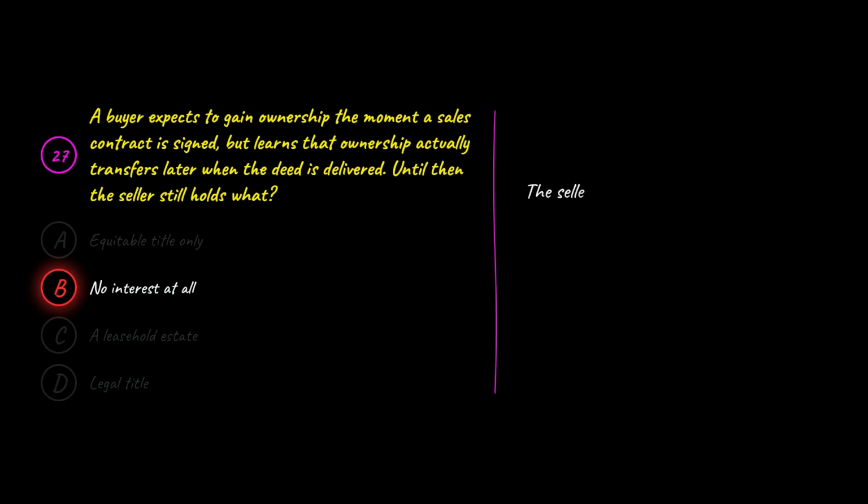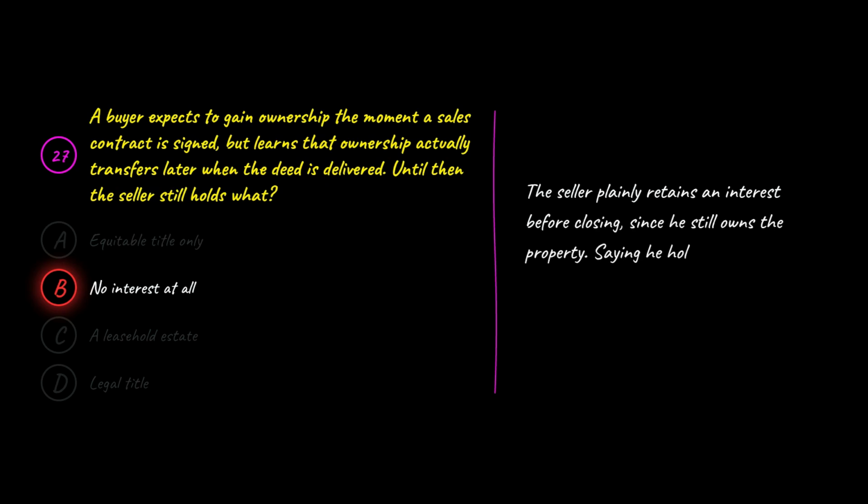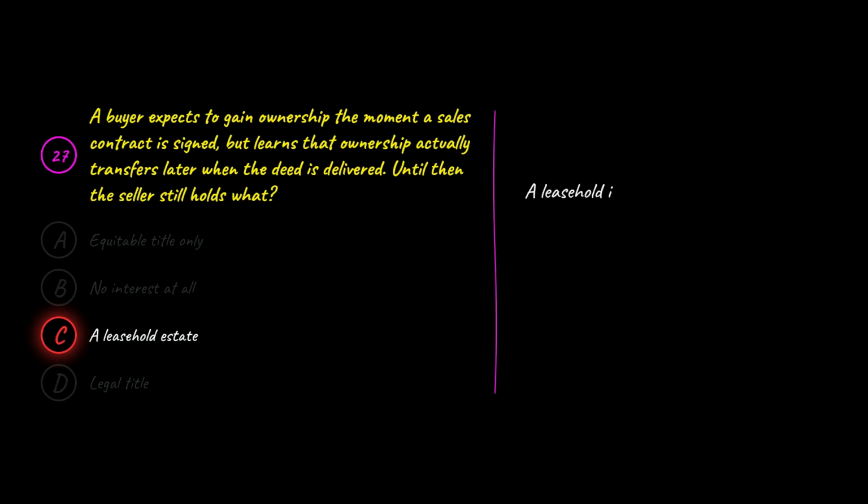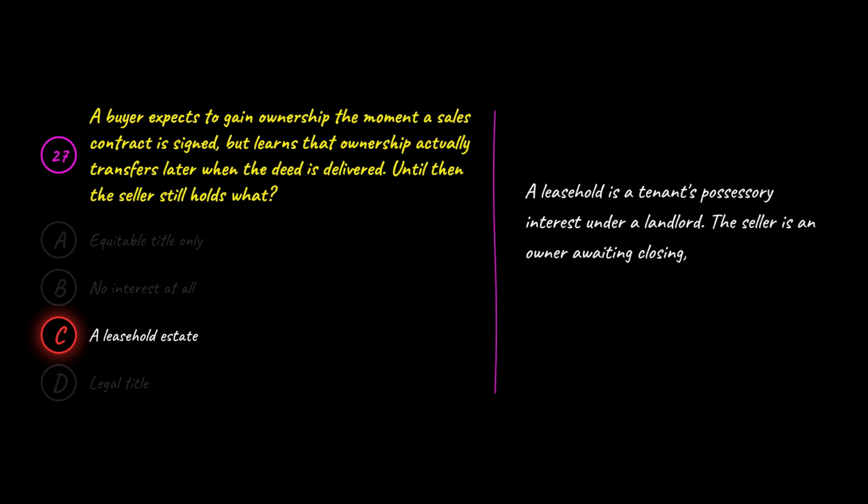B is wrong because the seller plainly retains an interest before closing since he still owns the property. Saying he holds no interest ignores that legal title remains with him until the deed transfers it to the buyer. C is wrong because a leasehold is a tenant's possessory interest under a landlord. The seller is an owner awaiting closing, not a tenant, so describing his remaining interest as a leasehold misstates his